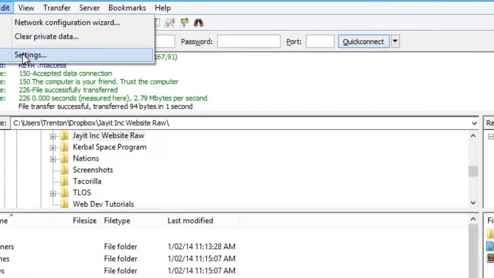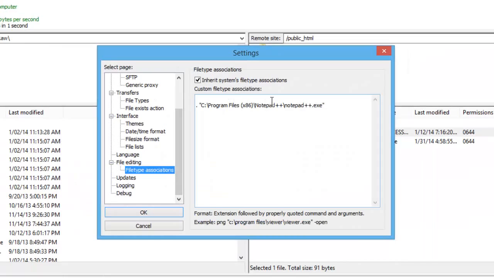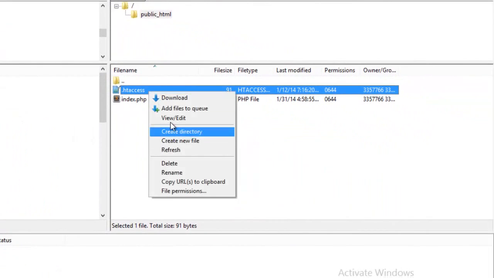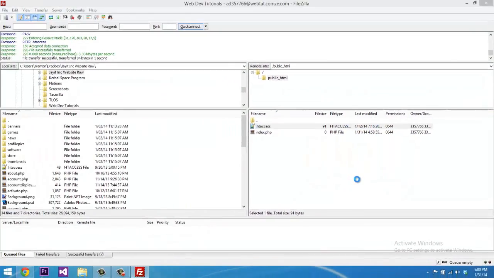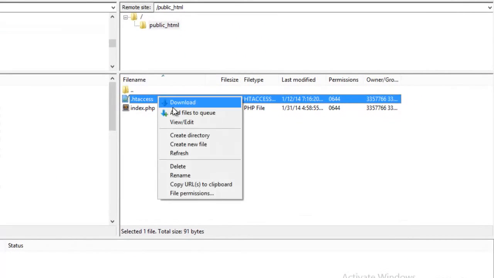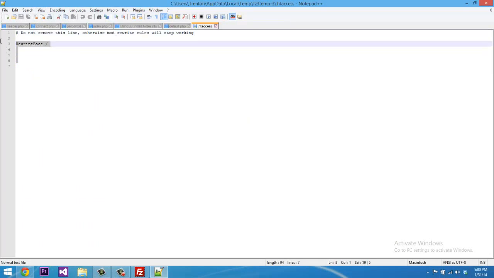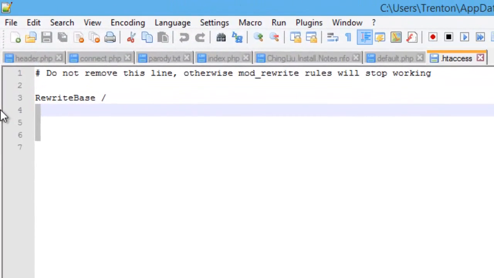Okay, settings, file type associations, delete that. Okay, view and edit, discard local file. Still wants to open up in there. That's odd. Okay, well, I guess it doesn't matter. It really doesn't matter what you're using it in. Now, what you want to do is you want to add the line